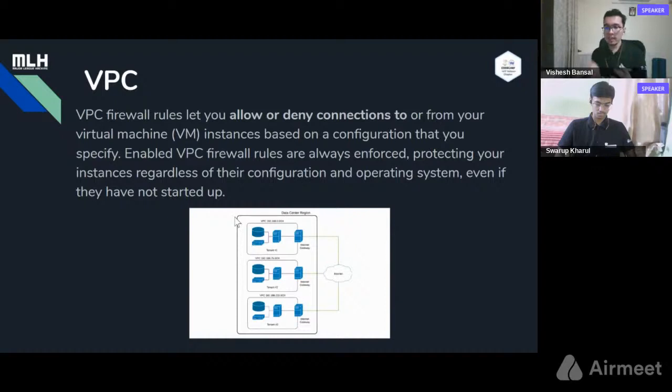Combining all of these, VPC, firewall, reverse proxy, and load balancers, you can very easily deploy web services on the go, and you don't have to worry about anything since all of this is managed for you by DigitalOcean itself. So do we have any doubts?